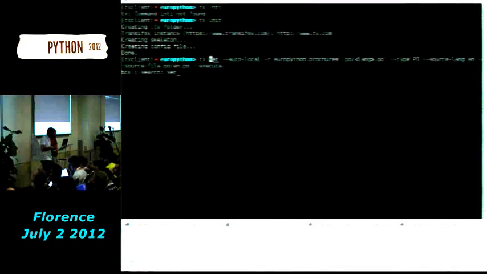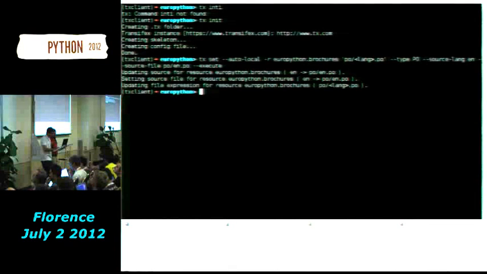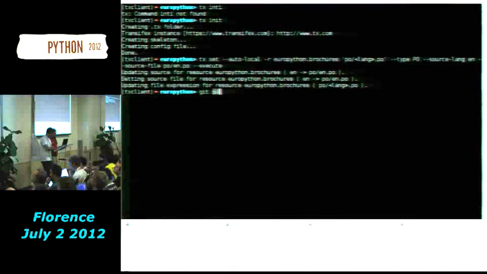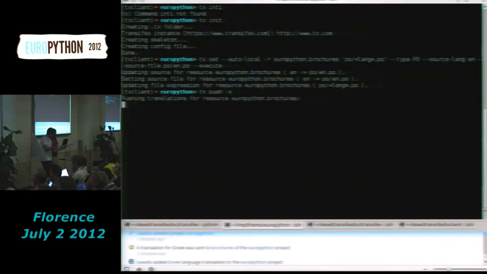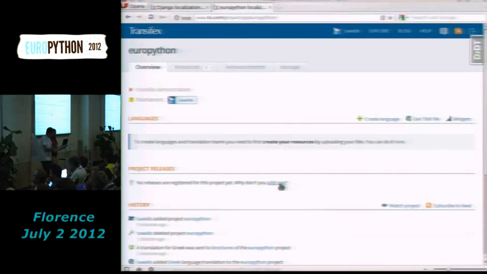something that we in Transifex call resources, and this is, as you can see, the resource brochures under the EuroPython. You can have as many resources as you like, and separate your strings. We set the source language, we set the file of the source language, we press enter, and then we just push, we push the source files, and as we can see here,